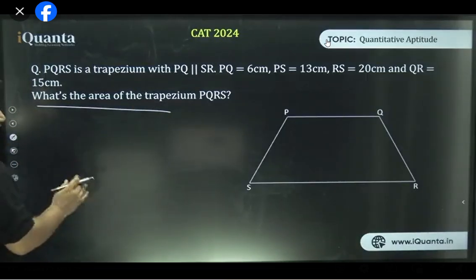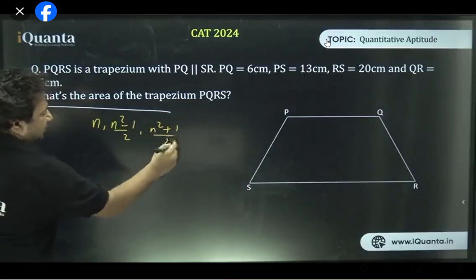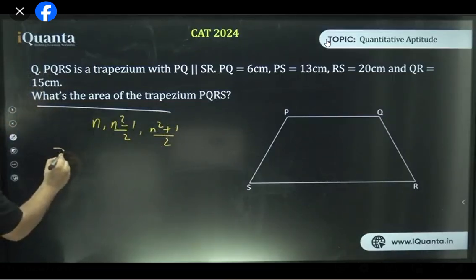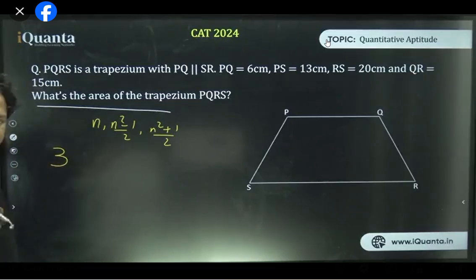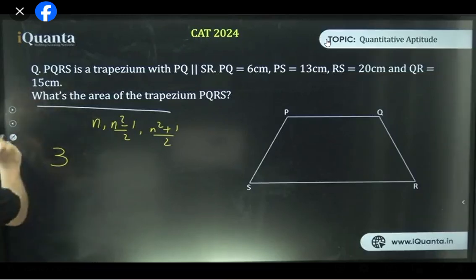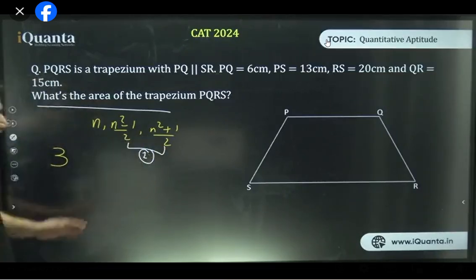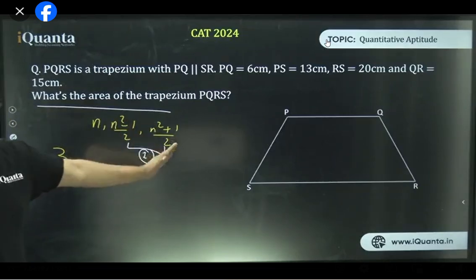Now listen carefully. What I have written, n square minus 1 by 2 and n square plus 1 by 2, I'll make it simpler. So let's say I want to find the triplet for 3. Listen very carefully. What's 3 square? Tell me. And also, can I say the difference between these two is 1? Yes or no? The difference of n square minus 1 by 2 and n square plus 1 by 2 is 1.